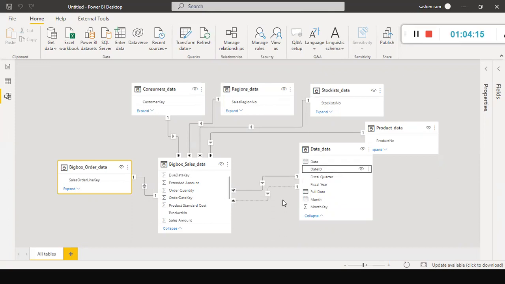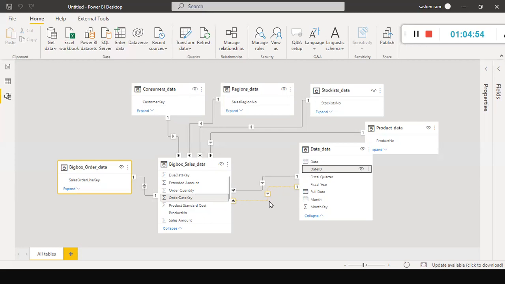Now, to filter the sales amount by order date key, you have to create one more relationship between the date ID and order date key. If you create more than one relationship, in this case the order date key is the second relationship we created, hence it becomes an inactive relationship.